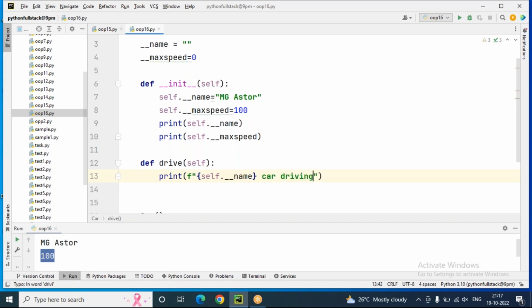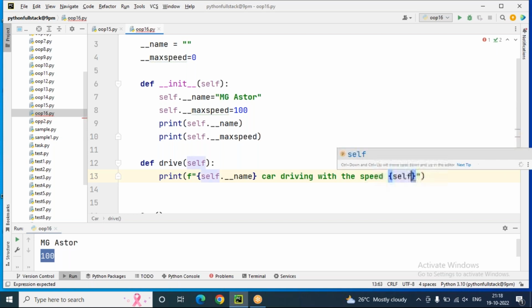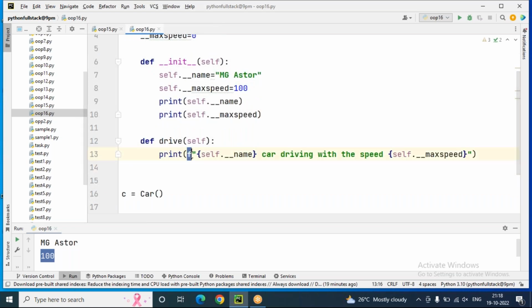Car driving with the speed. So how to make the speed also? Again, self dot underscore underscore max speed. So this is a formatted string only. This example we have also seen in my previous lecture on how to access this. F is a formatted string. Self dot underscore underscore name is MG Aster, car driving with the speed is self dot underscore underscore max speed, 100